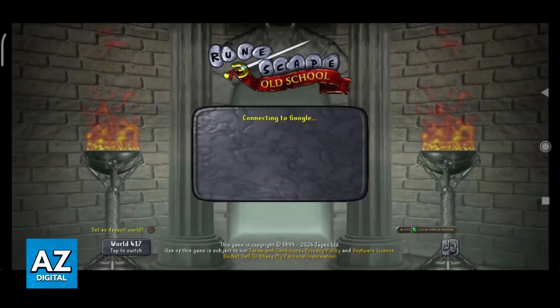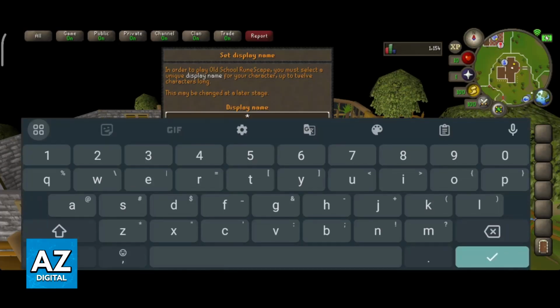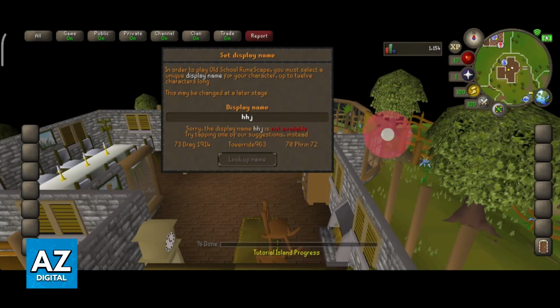In this video, I'm not going to go over too much detail about how the game works and what to do. I'm only teaching you the setup process. I am a newbie, so it's best for me not to give you any tips. But as you can clearly notice, we have loaded into Old School RuneScape, and we are able to play without any issues. I hope I was able to help you on how to play Old School RuneScape on mobile.